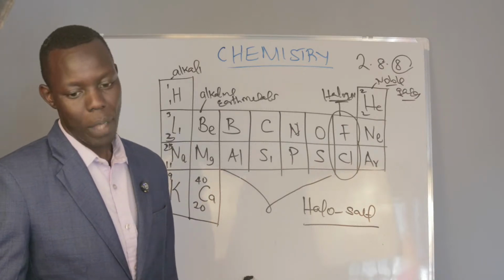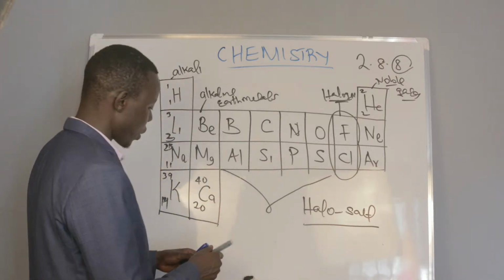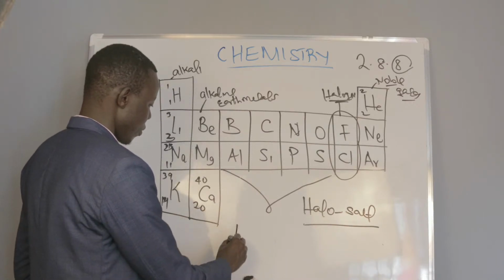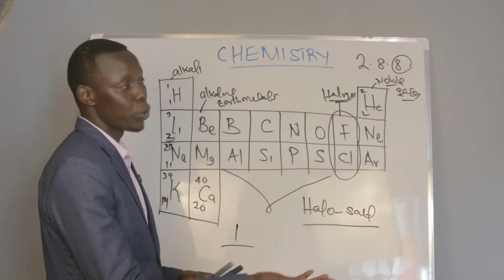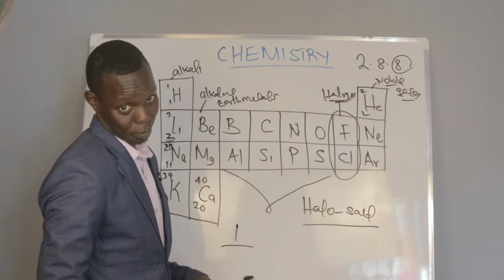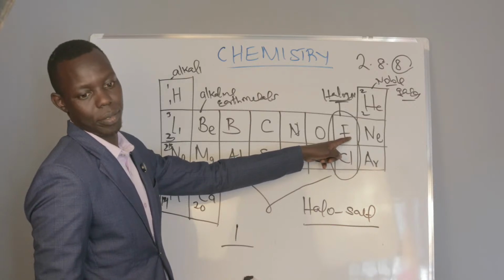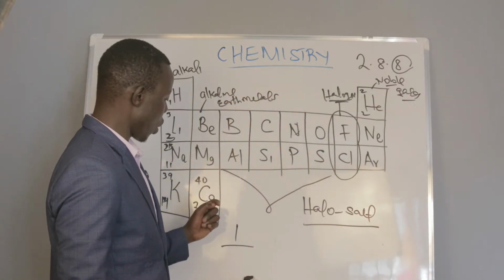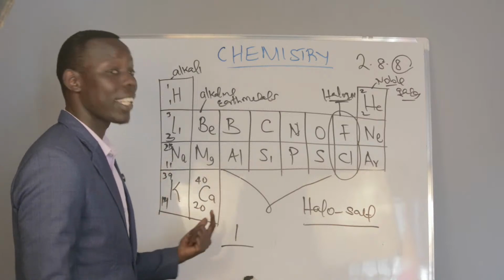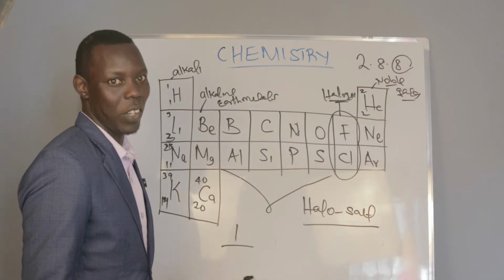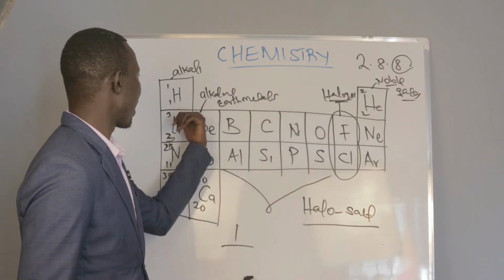Now, hydrogen, what is the atomic number of hydrogen? Let me write here, I hope you can see. It's 1. So hydrogen, can it gain or lose? Hydrogen can gain 1 to make 2, which is complete, or it can lose 1. It can gain 1 like group 7 elements. That's why it is regarded as group 7. It can lose 1 like group 1. So hydrogen can be found in those 2 groups. It can lose 1, it can gain 1. Are you together? Like the 2 here.